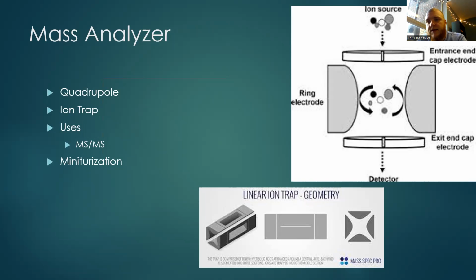I put in the uses here that one great advantage of using an ion trap is that we're able to do this idea of tandem mass spec, where we can isolate a singular ion in that trap, bombard it again with an inert gas, which is helium, and break that apart via soft ionization or really hard ionization to take that into smaller chunks, and then flush that through our instrument to get a better analysis, better resolution into our